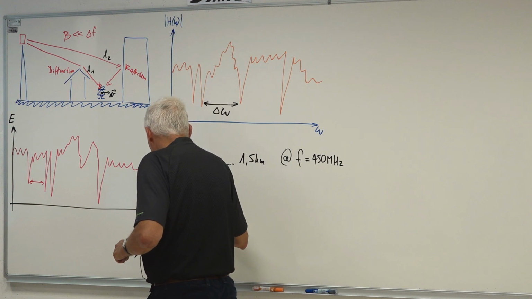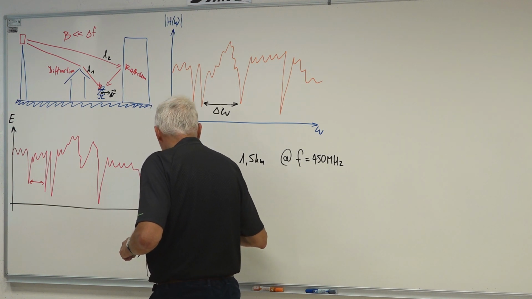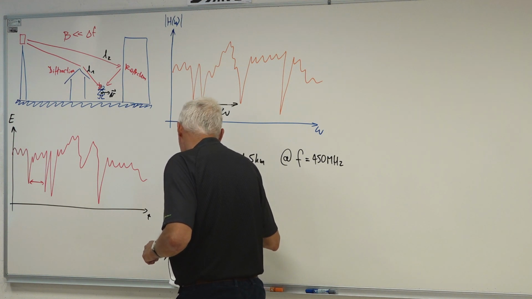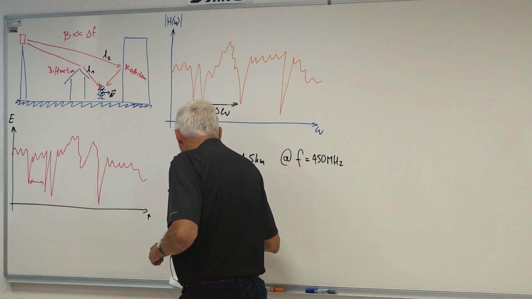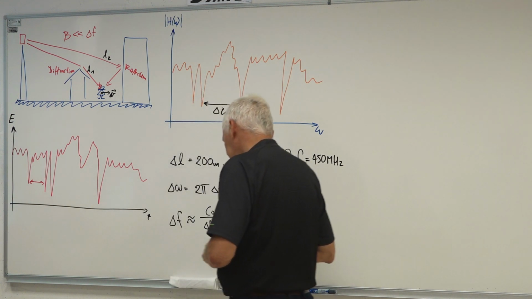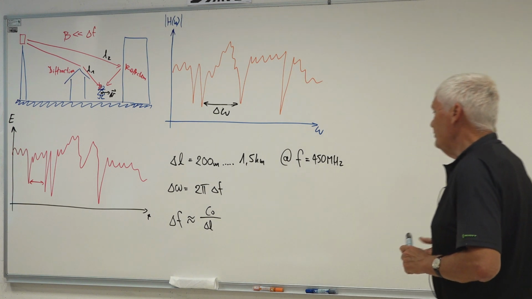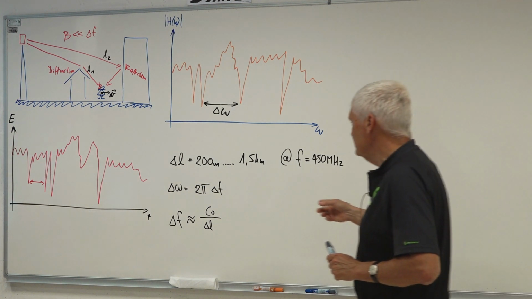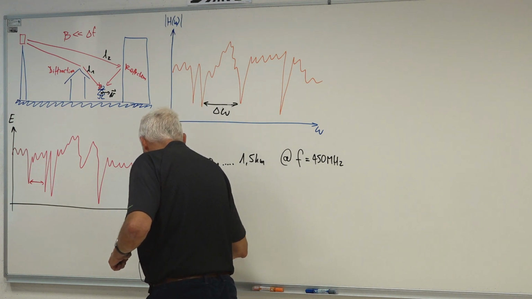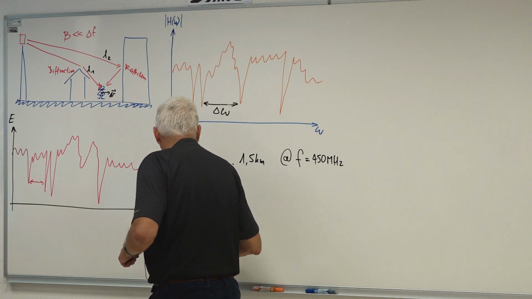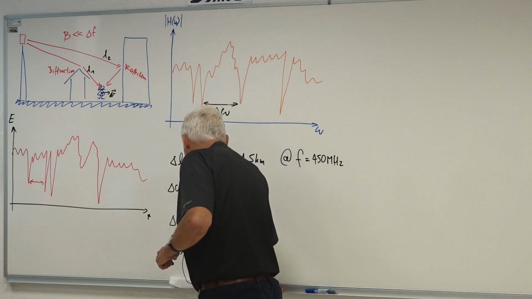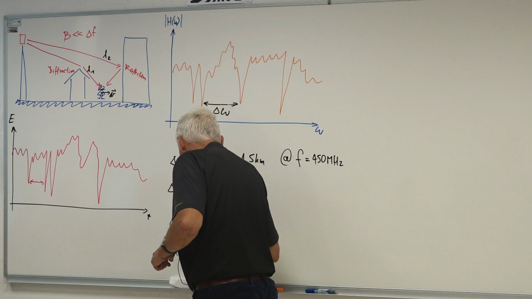This delta F will be approximately C0, the speed of light, divided by delta L. So if I recalculate this distance into the frequency domain, this delta F will span between 200 meters, which is 1.5 megahertz,